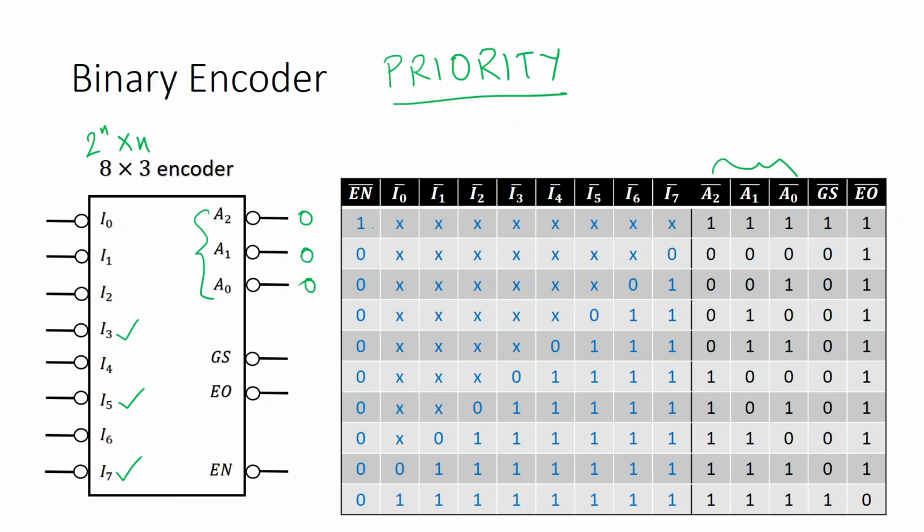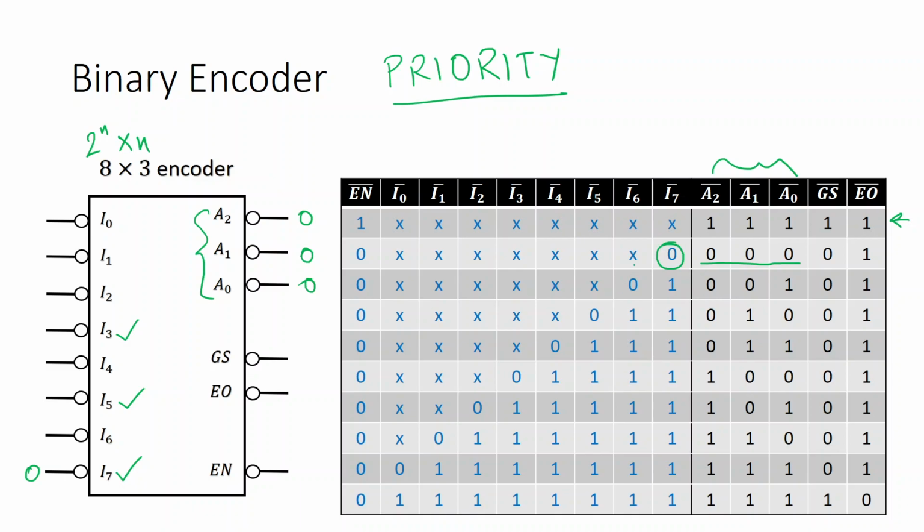So for the case that enable is 1, it is not activated, the entire circuit is not activated. So you forget about the first row. Whatever is the combination, none of the outputs is activated. When enable is active, then whenever I7 is active, I7 bar, so whenever you are getting a low signal at the input side of I7, then no matter what signals are coming in the other inputs, your output will be 0 0 0.